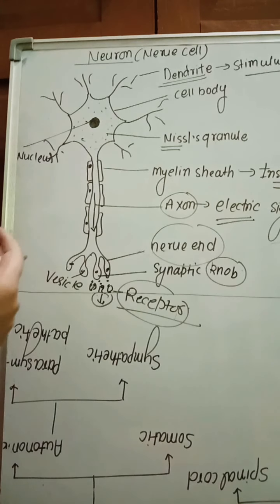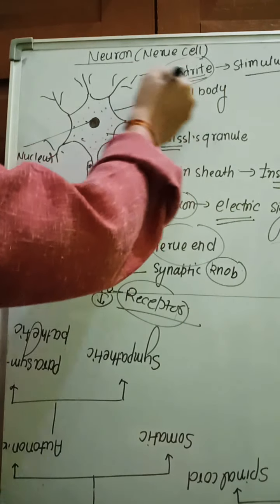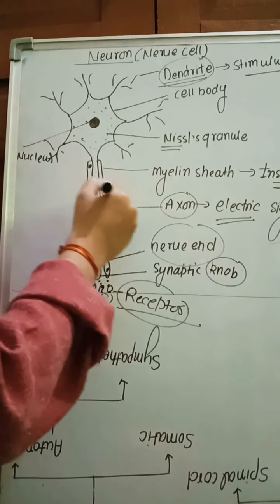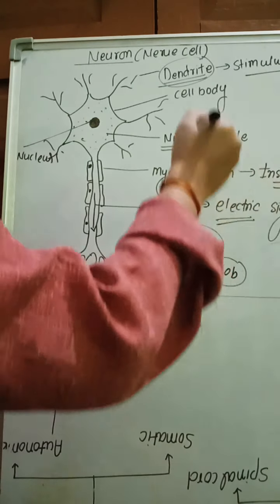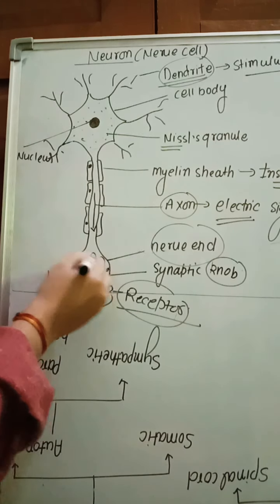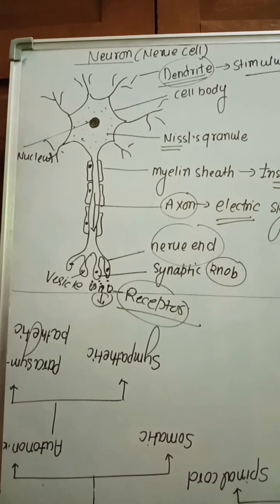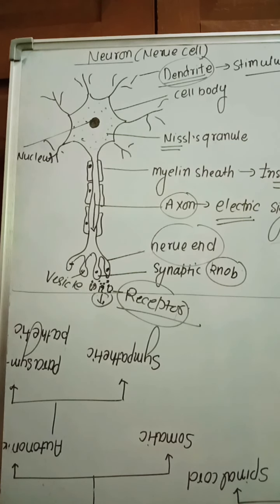Let us discuss once again. The dendrite, a branch-shaped structure, receives the stimulus, and this stimulus goes to the cell body, and then reaches the axon. The axon is a long structure having ion channels which generate the electric signal, converting the impulses into an electric signal. This electric signal reaches the synaptic knob. The synaptic knob contains vesicles. The vesicles fuse with the membrane and release neurotransmitters. These neurotransmitters convert the electric signal into a chemical signal, which is received by the receptors. So that is the function of neurons.